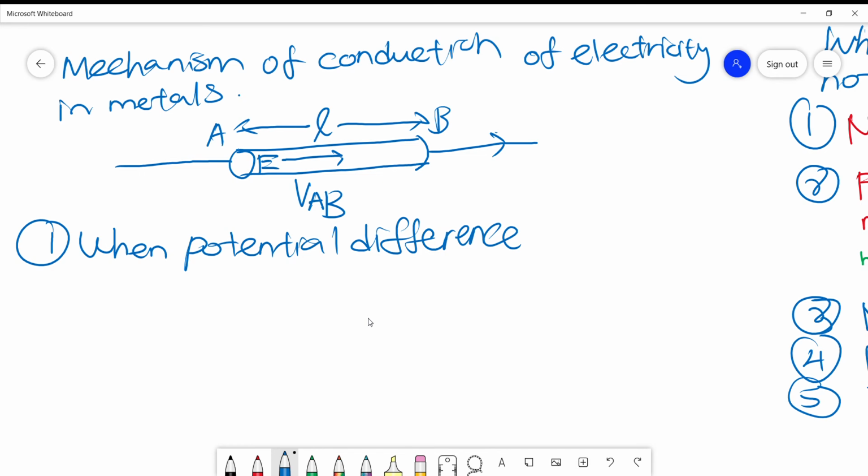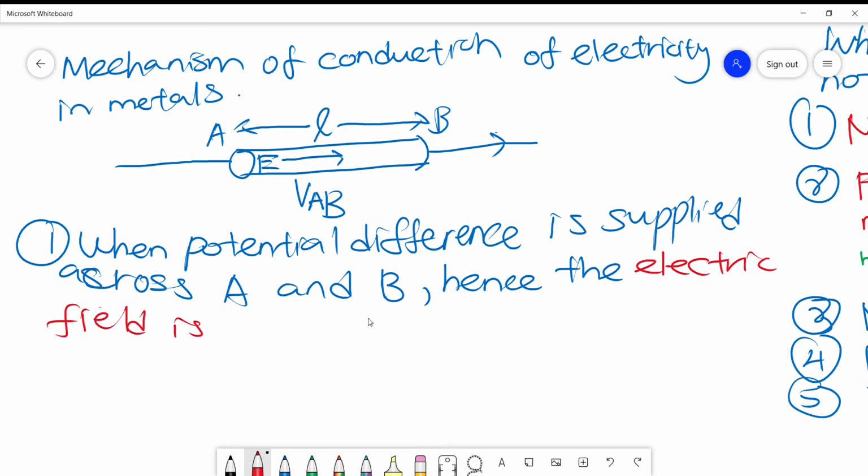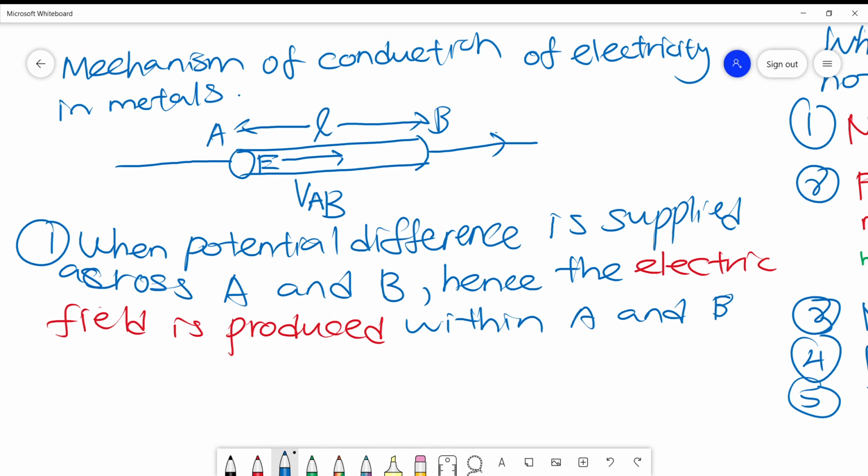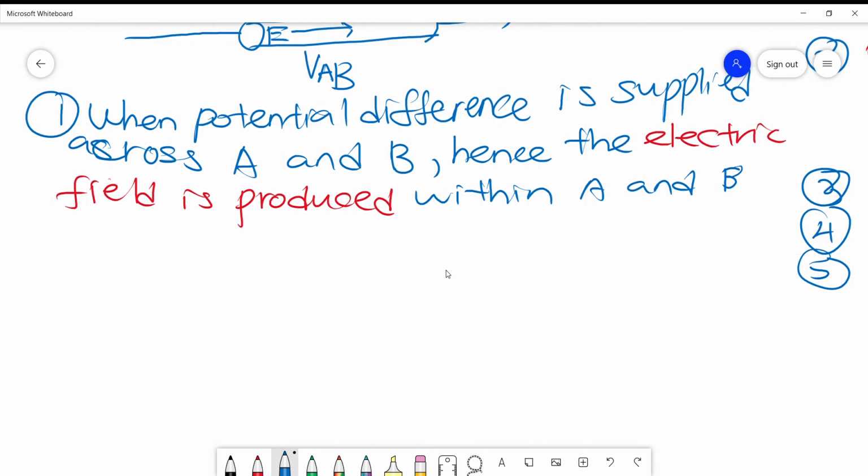Okay, so let's begin. When the potential difference is supplied across A and B, hence the electric field is produced within A and B. The electric field is the key for the first point. So from the previous chapters, such as capacitor and